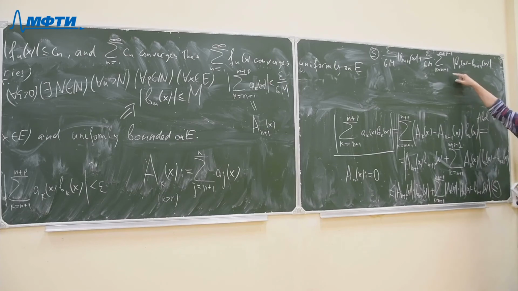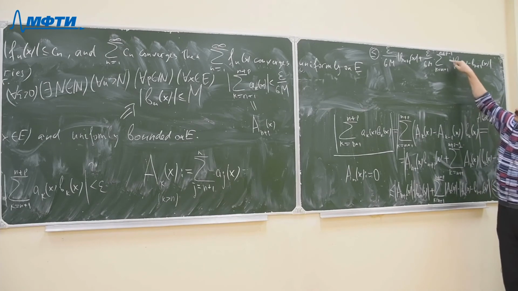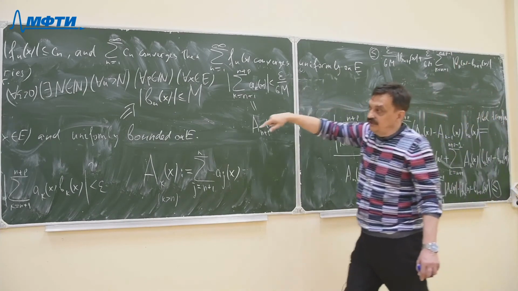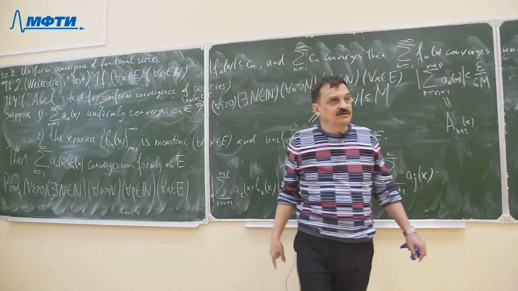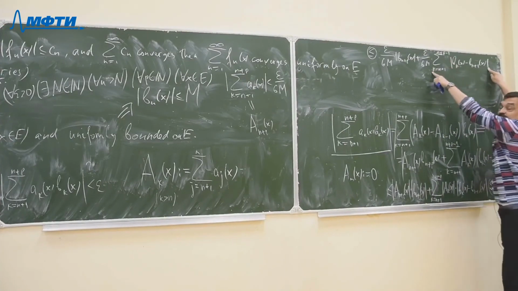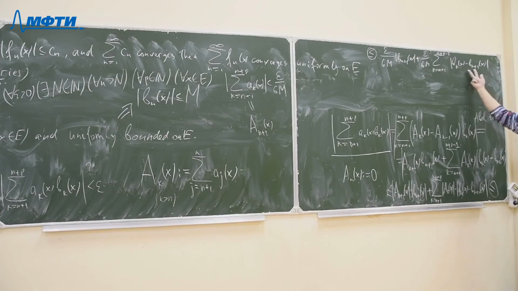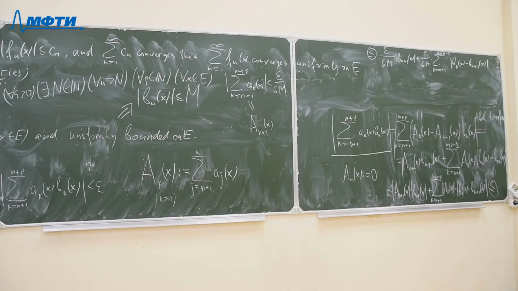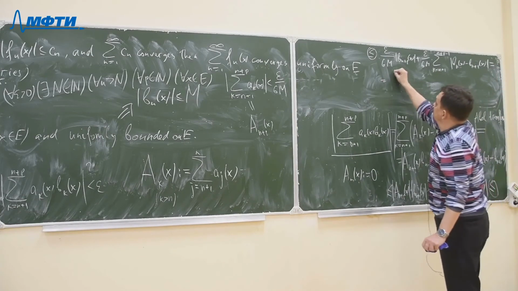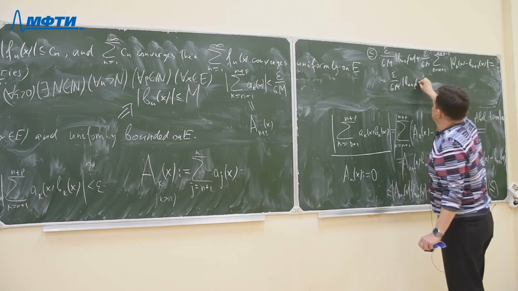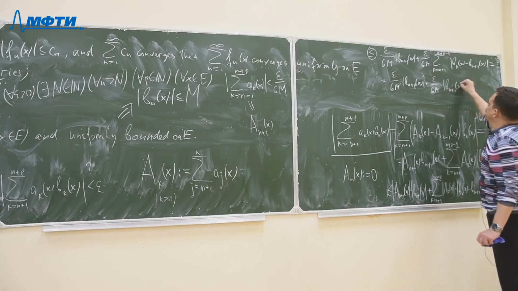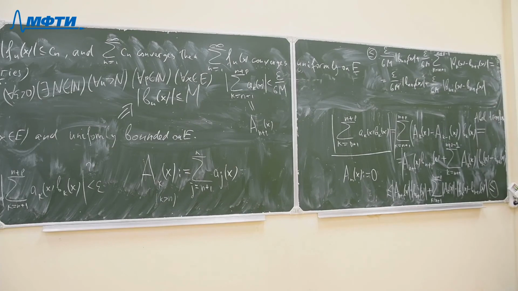But before, what's important here, look, we have arbitrarily many terms, right, for this sum. But remember, the sequence B is monotone, right? It means once again, we can put modulus outside, right? Because every term here has the same sign, right? And it means we can put modulus outside after that telescoping sum, right? So I can rewrite it as epsilon over 6M times Bn plus p of x plus epsilon over 6M times Bn plus 1 of x minus Bn plus p of x, right? And after that,